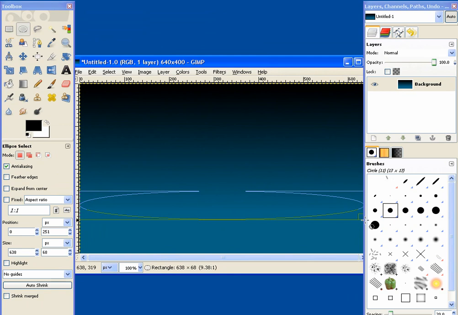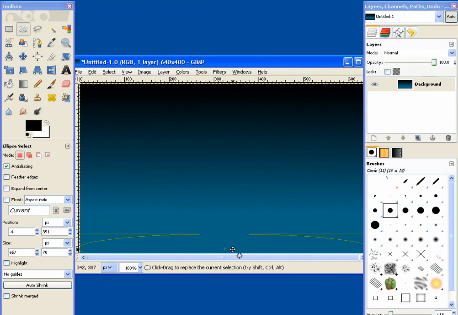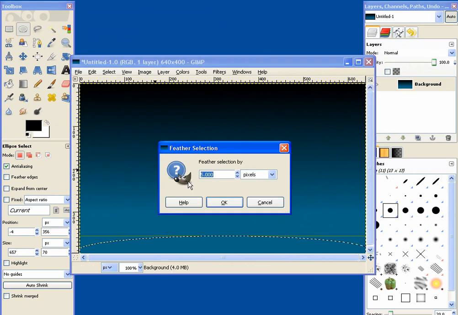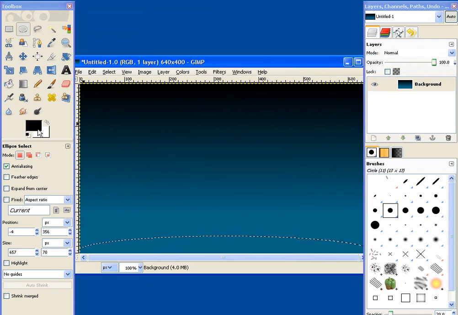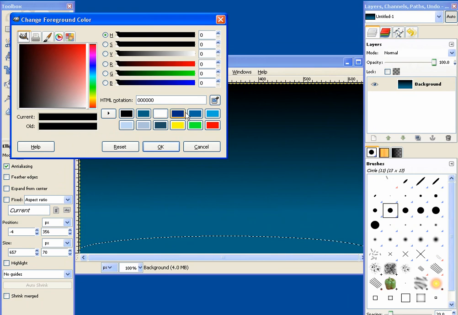After this, we're going to grab our circle or our ellipse select tool, and we're going to drag a nice ovally type shape across the picture all the way, and then drag it at the very bottom so only half of it is showing at the top, just like this. And then we're going to go to select feather and set the feather at 25. And then after that we're going to get a darker blue,